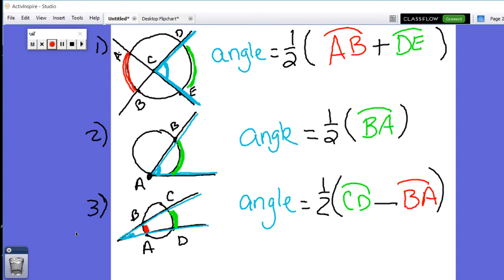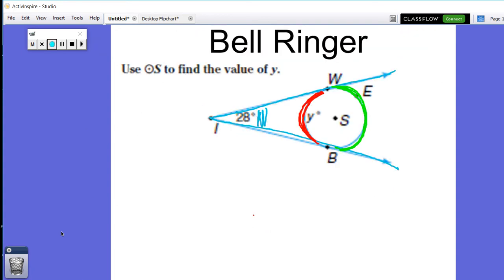So the one that I'm going to use is going to be our formula number 3. Notice how we have the angle equals 1/2 the biggest intercepted arc minus the smallest intercepted arc. So that's a formula I'm going to follow. So I'm going to start by putting my angle. So my angle is 28 equals, my formula says 1/2